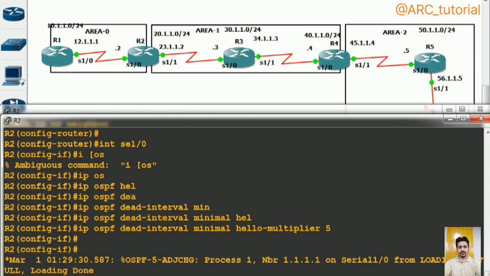But SPF algorithm, some global timers are also there, so we cannot say that now its convergence has become faster than EIGRP. We can't say. Understood? So now I have finished all basic practicals of OSPF, like how to change cost of the interfaces, how